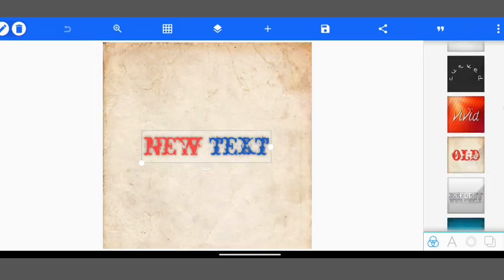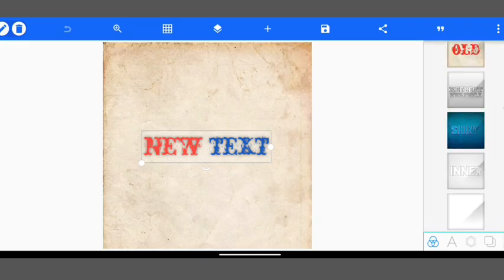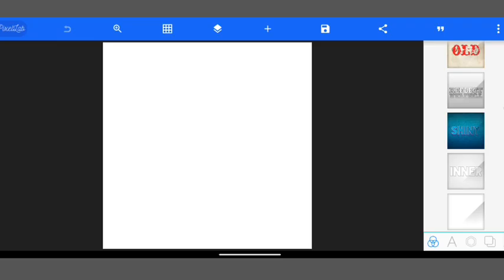But per se, they might not be regarded as templates because they are just a sample, a background to show that you can do this on Pixelab. Okay, so now let's move very quickly. I will be using a white background for this tutorial so that you can see very clearly all the tools I will be using and I will be explaining in this tutorial. Alright,